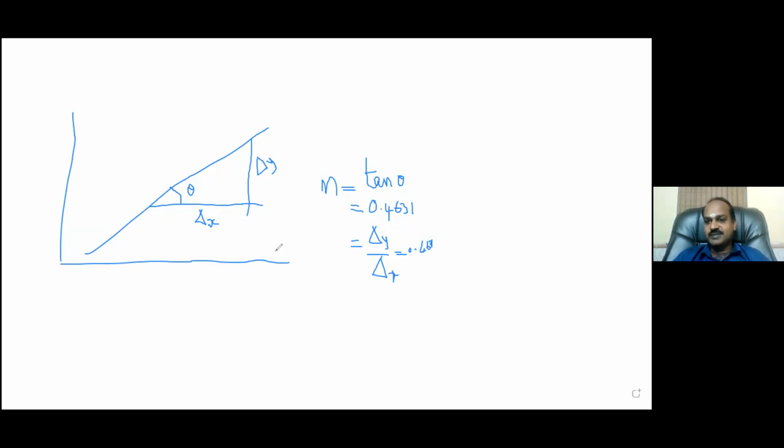M is known. Now one more thing is required to write your own regression equation. What is that? The constant term. The constant term is otherwise called the y-intercept. When I extend the curve, it will meet the y-axis at some point. The point is this. Am I right?